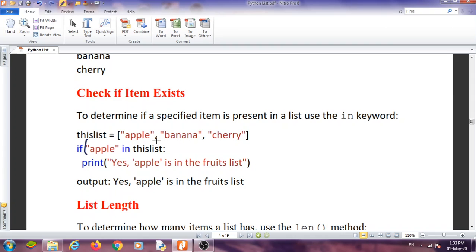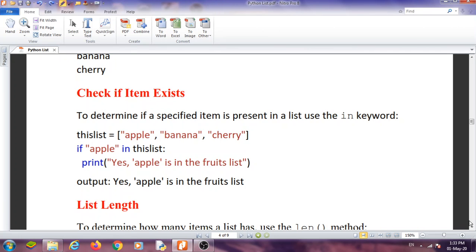If apple is in this list, meaning the apple exists in the complete list, then it will return true, and if apple does not exist in the list, it will return false. If it returns true, then the statement will execute, and if it returns false, the statement will not execute.